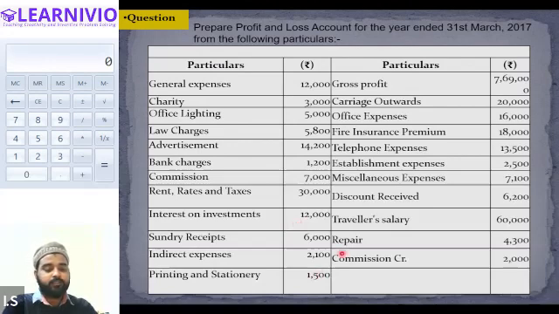Like in this question, you can see the last item. This is written commission credit, right? Commission credited basically means this is commission received. So we will record this value on the credit side of the profit and loss account. But this commission of rupees 7,000 is not income. This will be considered an expense only. So this time we will record the commission on the debit side of the profit and loss account. Is this clear, everyone? Clear. Yes, sir. Okay, so commission.